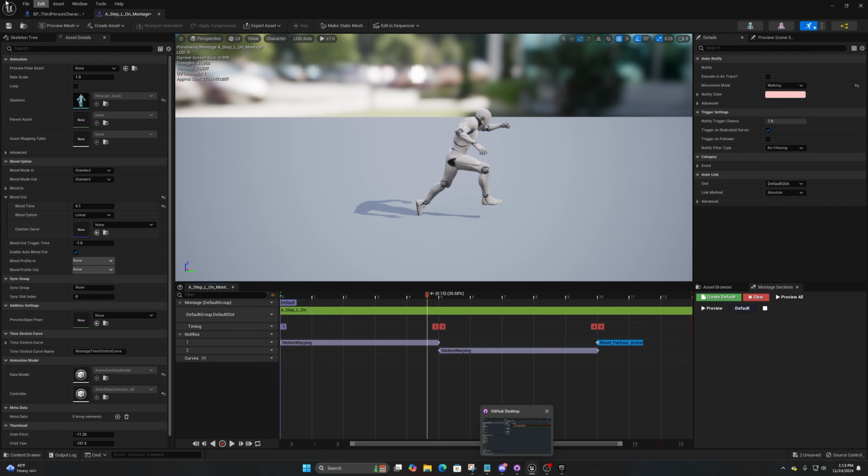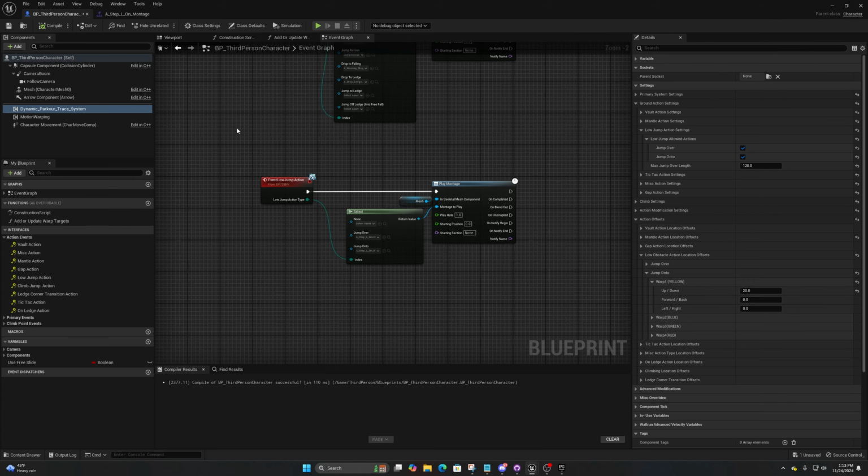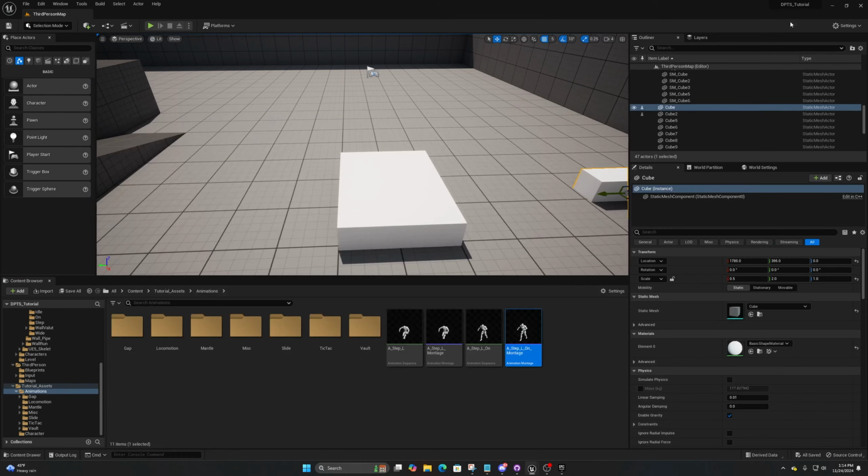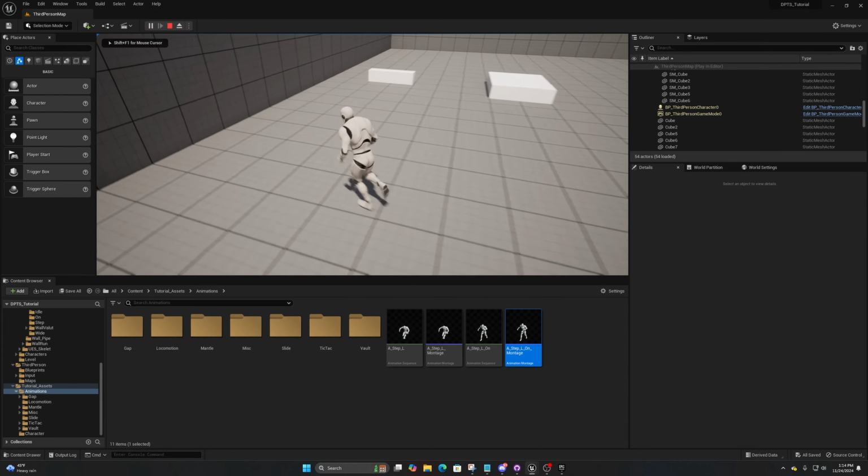I'm going to be doing a video on debugging just to go over this a little bit more, but this particular action I found to give the most consistent, like, bounciness for some reason sometimes. So this was a way to be able to resolve it by just adjusting the windows and then also adjusting the blend out time. So now that we've looked at the jump onto action, let's take a look at the